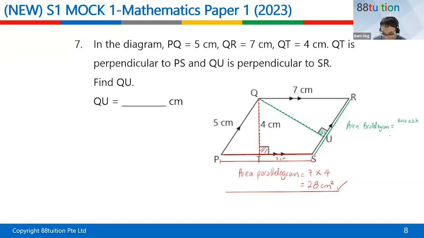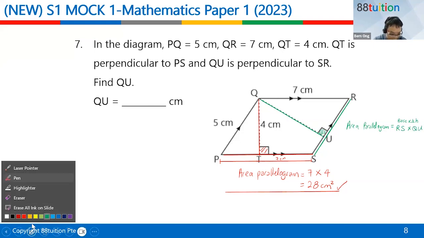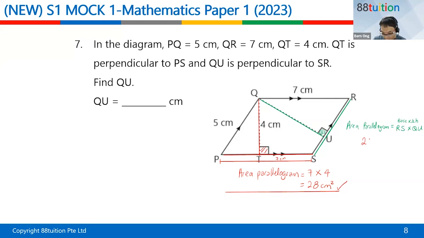The base in this case, you call it RS, and the perpendicular height in this case, you call it QU. And I have found the area. The area is already 28. It's the same parallelogram, that's why it must have the same area. What is RS? RS is the same as QP, which is 5, times Q